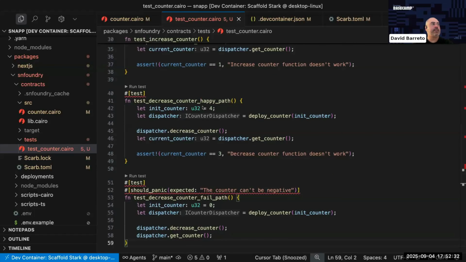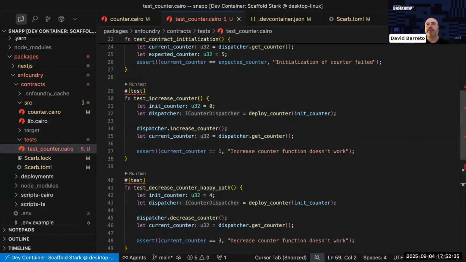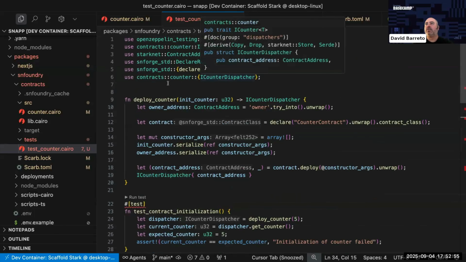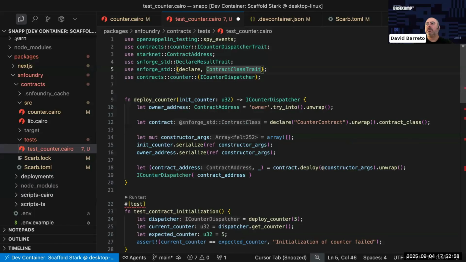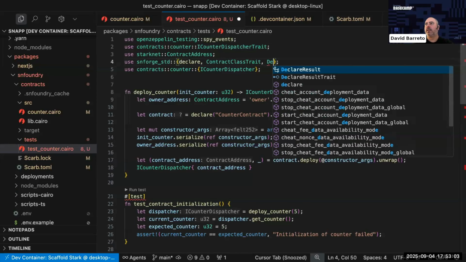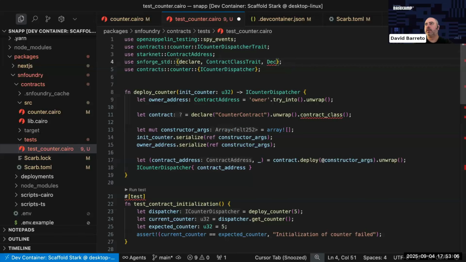So let's go back to the increase counter first, because both have. What I'm going to do is, right when I deploy, start what is called a spy. A spy is basically to capture any event. It's called spy events, and that's going to come from Foundry, as in Forge. Let's put it here. Declare result, and I want to add the spy